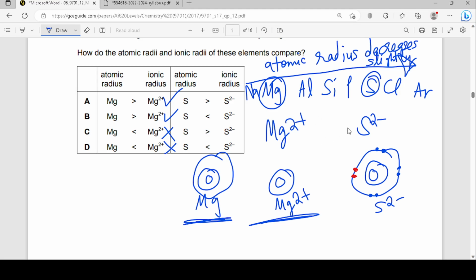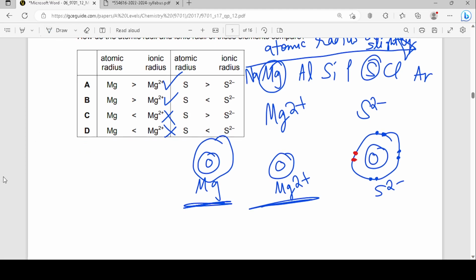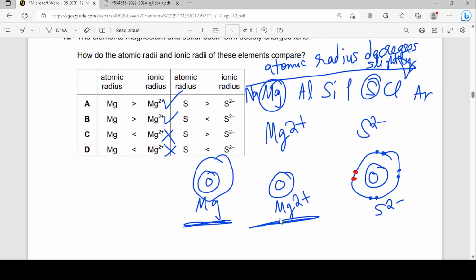Now it has the complete opposite, and the nuclear force of attraction on each valence electron is less. And because of that, the S2- ion is slightly bigger than the sulfur atom, in terms of radius. So basically, S2- radius is greater than sulfur radius, because in sulfur there is greater nuclear